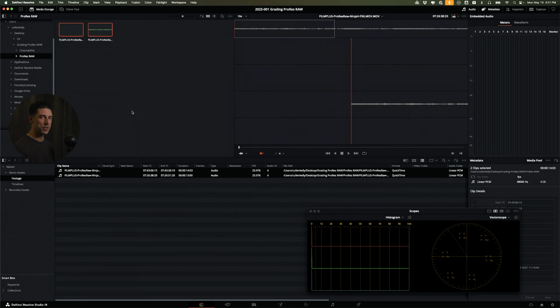The first time this happened to me, I thought, oh, for sure this is some kind of bug that'll be fixed if I grab the latest version of Resolve, or I'm doing something dumb and I need to figure out what I'm missing in order to get these ProRes RAW assets pulled in. Turns out I wasn't missing anything. There wasn't a software update that was going to fix my problem. This is a hard limitation baked into Resolve as of this video that you cannot pull ProRes RAW directly into